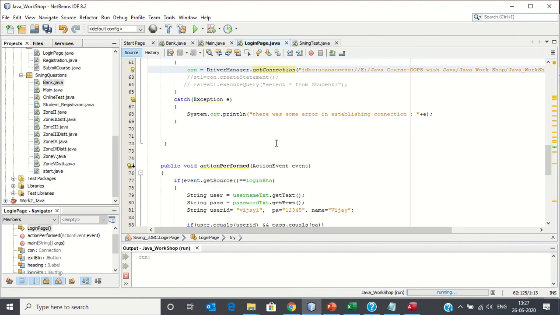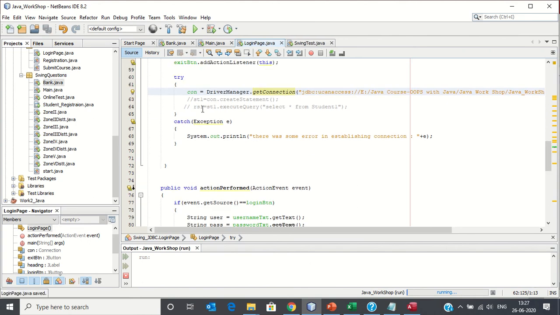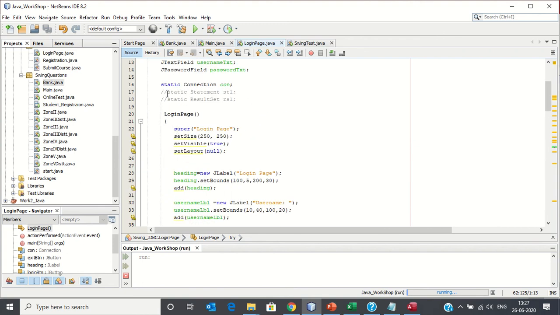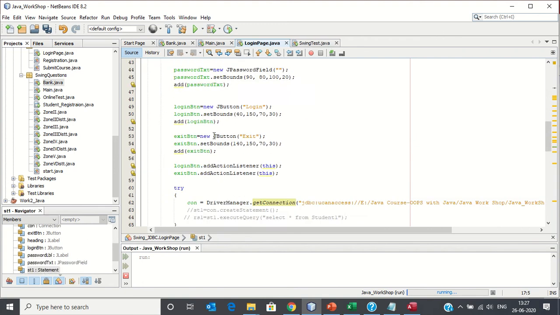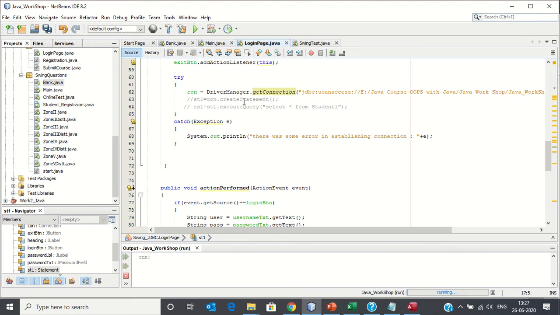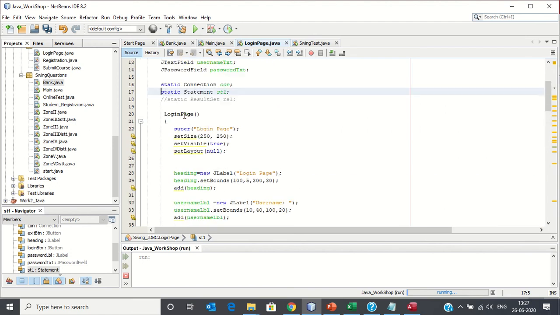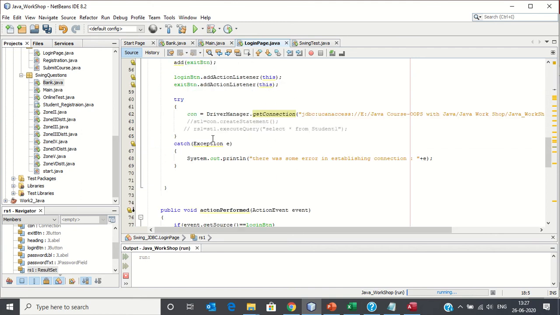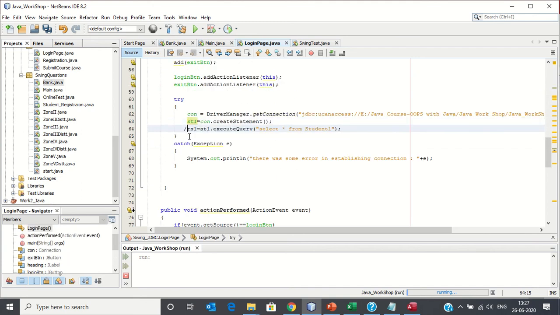And now how to execute a query? In order to execute a query, we have to use a Statement. So in order to use Statement, I am just uncommenting this line, static Statement. You can write the query like connection.createStatement, and ResultSet you can use. So I am again using ResultSet as rstu. You can write the query like this: select star from student one. This is actually a table in the database Banet.